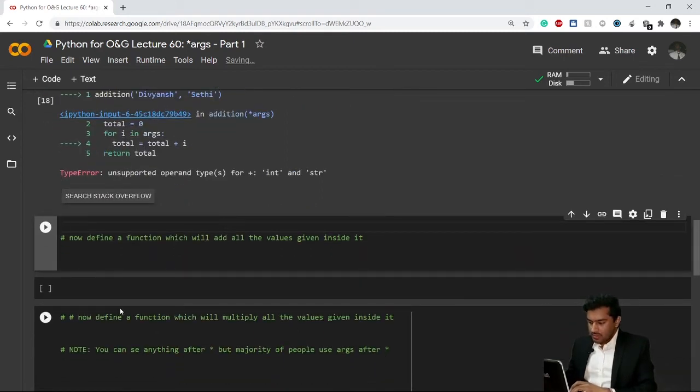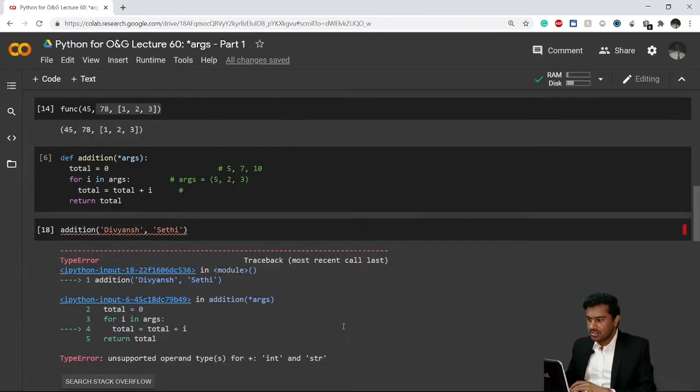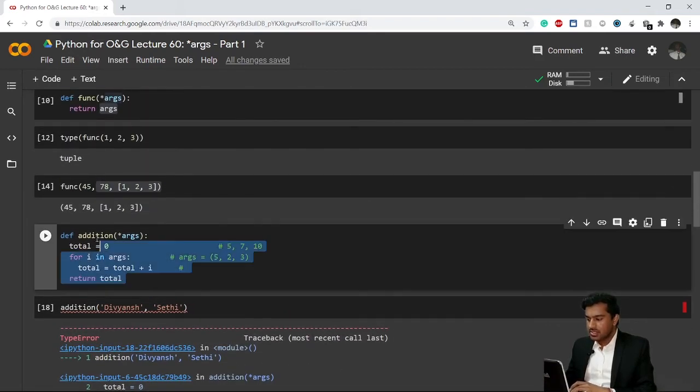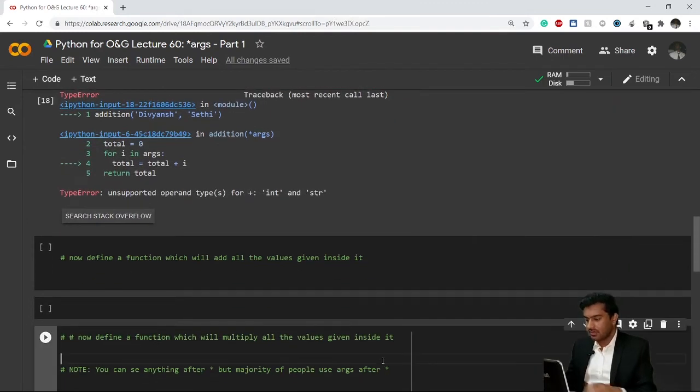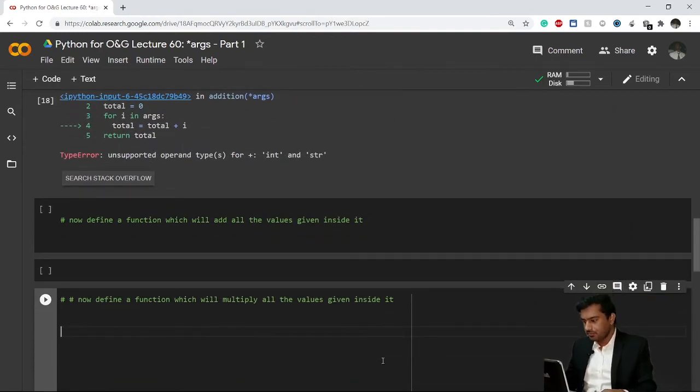Now it is saying to define a function which will multiply all the values given inside it. The function we created gave the addition of all the values. Now for multiplication, I write def and my function name, let's say mul, and I'll write args here, because with args I don't have a limit, so I can input as many numbers as I want.